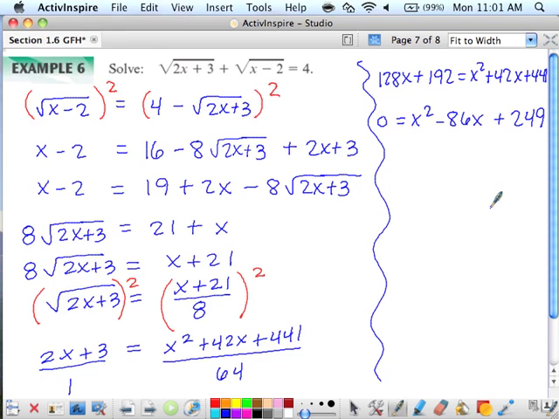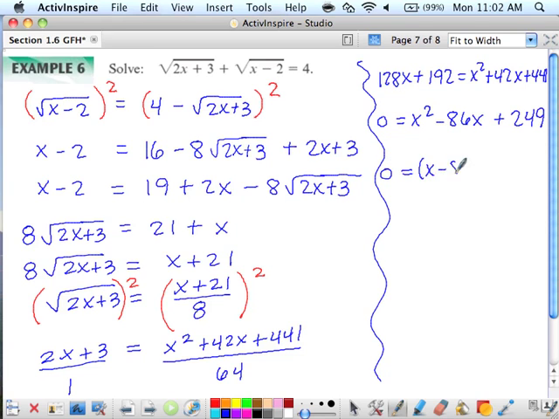Oh, goodness. Long problem. You're hoping I don't give you any quite this long to do on your own, aren't you? The main problem with this, not only that you have to start over and re-isolate and square everything again, the numbers are so big, and that's kind of scary to us. Let's stick it out and see what we can do here. Let's see if it'll factor. Amazingly, it does factor